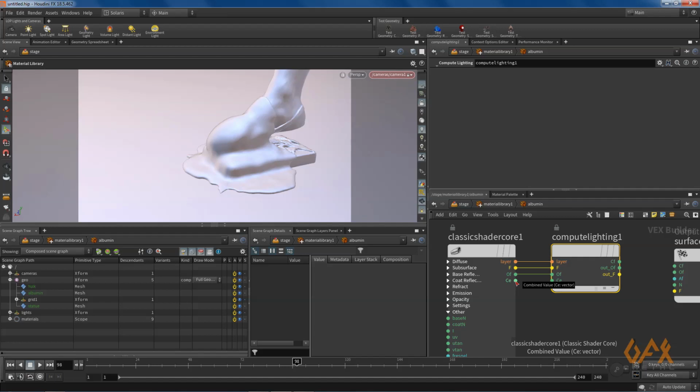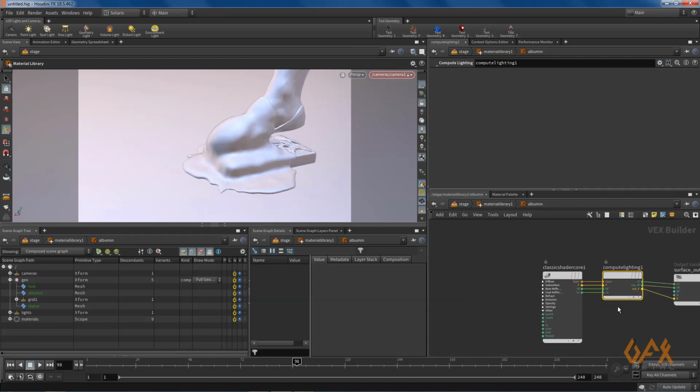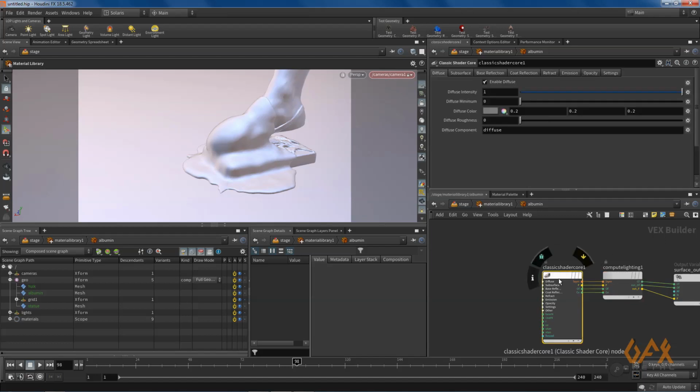This is the emission color for the surface, so I set it over here the same way, like this. Now you need to change something over here: disable this diffuse.